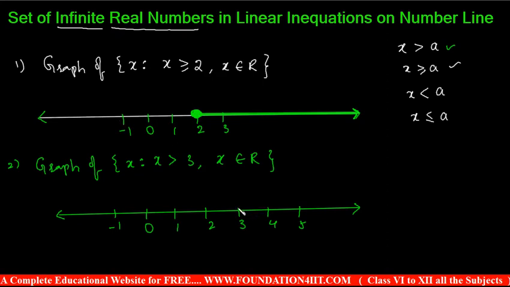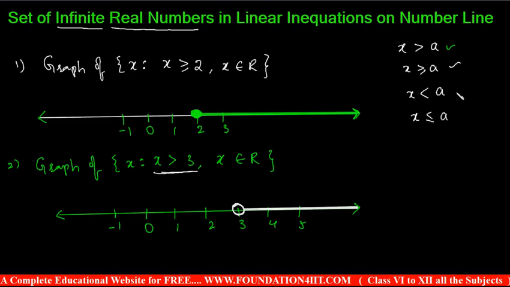Because 3 is not included, as we discussed in the previous topic, we should keep only an open circle, a hollow circle, with a gap in between. Now from here x is greater than 3, and 3 is not included, so this symbol indicates 3 is not included. After 3 every number is included, every number till the end. Till the arrow you can draw a dark line, until the arrow you are keeping. So the meaning is x is greater than 3, because 3 is not included.